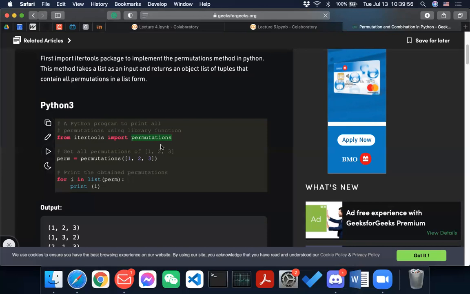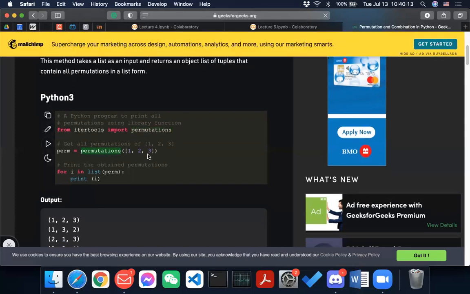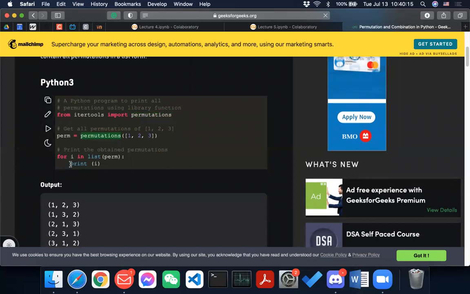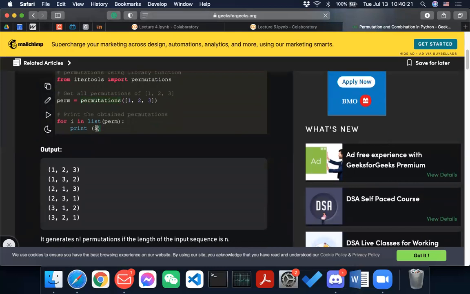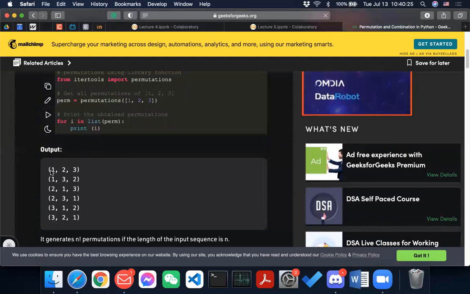Okay, so if you call this permutations function with a parameter which is a list, then you can get all the permutations of this list, right? And then for i in list perm, print i, and you'll get those tuples out there.